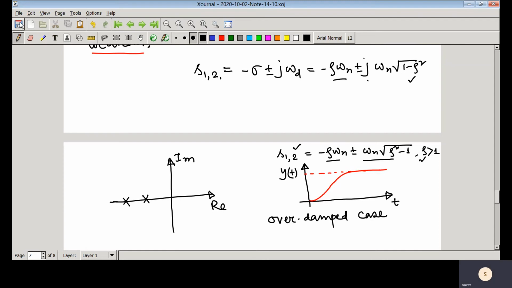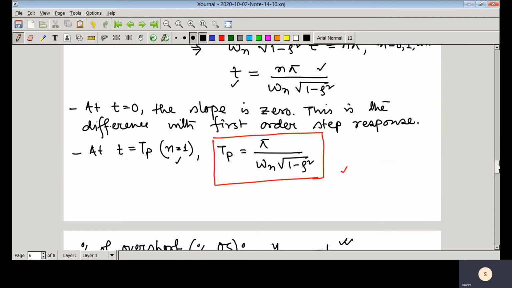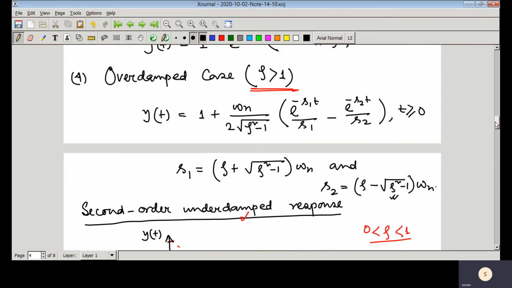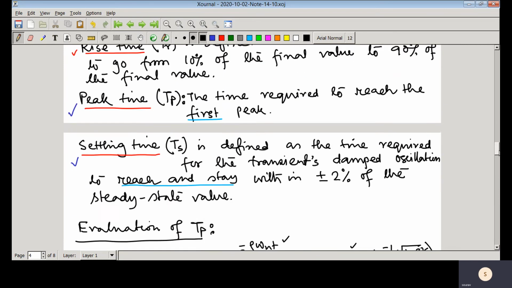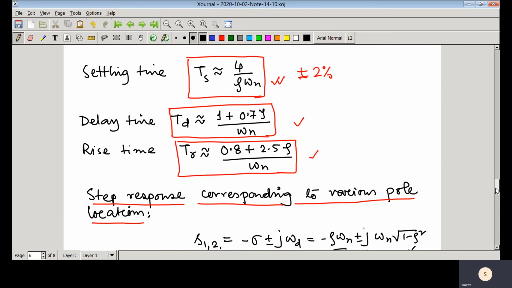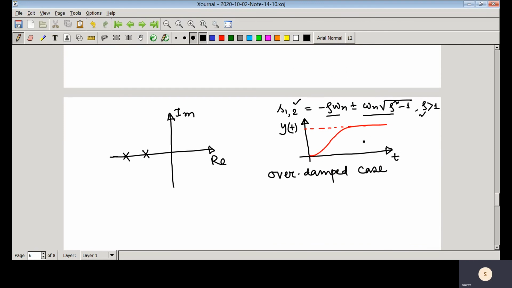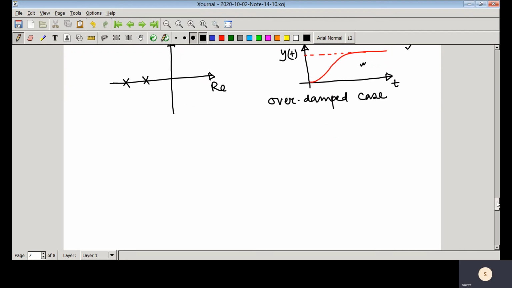So now I think you can understand, in case of overdamped situation when zeta is greater than 1, you have this y(t), and if you plot that y(t), you will get this type of response. So that means there is no peak, no oscillation, and the poles are located on the left half of the complex plane. That thing you can understand from here. Now the second case